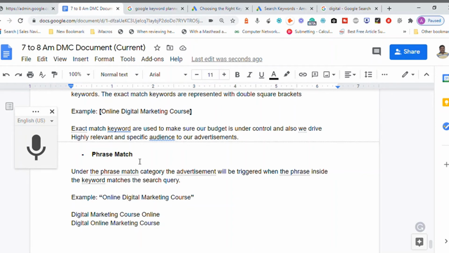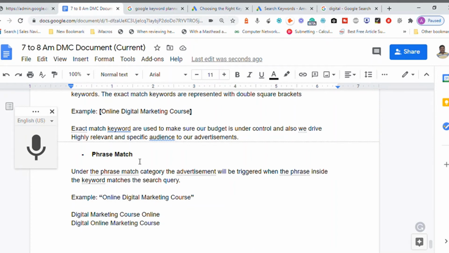So the difference between the exact match and the phrase match is that exact match will trigger your advertisement only when it exactly matches. If the words are interchanged in different positions, your advertisement will not be triggered. Your advertisement will be triggered only in the phrase match.